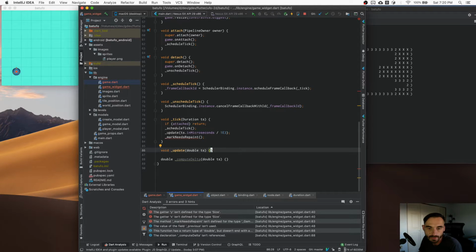So what were we looking at first? We wanted to see, so I'm actually going to see some. There was some way to hide the player, so I'm going to hide the player because I think it's maybe causing some problems with the internet. Okay. So now we have update. So we have to do the compute delta first. Okay, fine. So the compute delta, basically what you do is